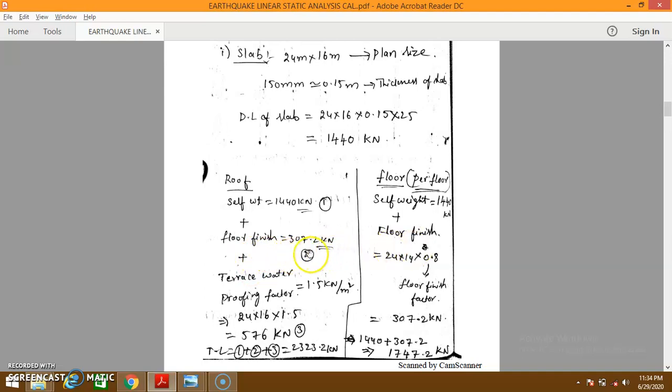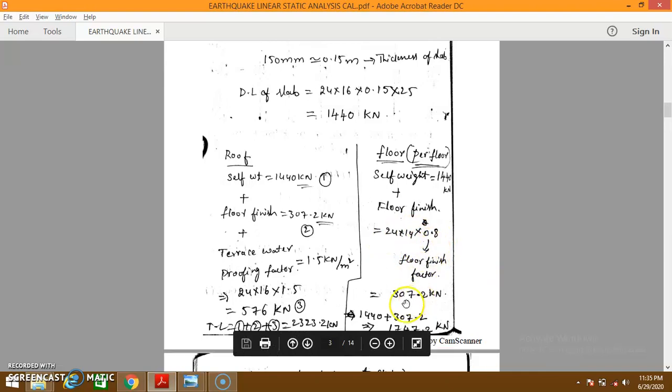That floor finish is 307.2 kilonewtons. Calculate on the right side: 24 by 14 is the total building area into the floor finish factor, which is 0.8. Then we get 307.2 kilonewtons. That's the value. The terrace waterproofing factor is also there in the roof,